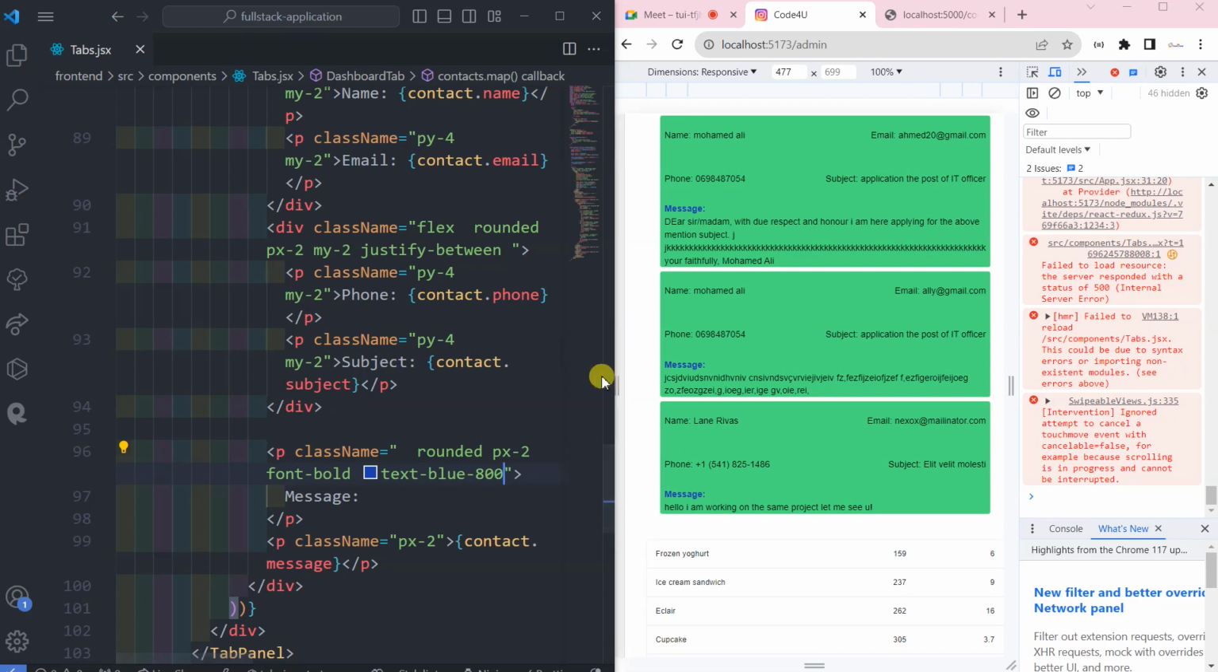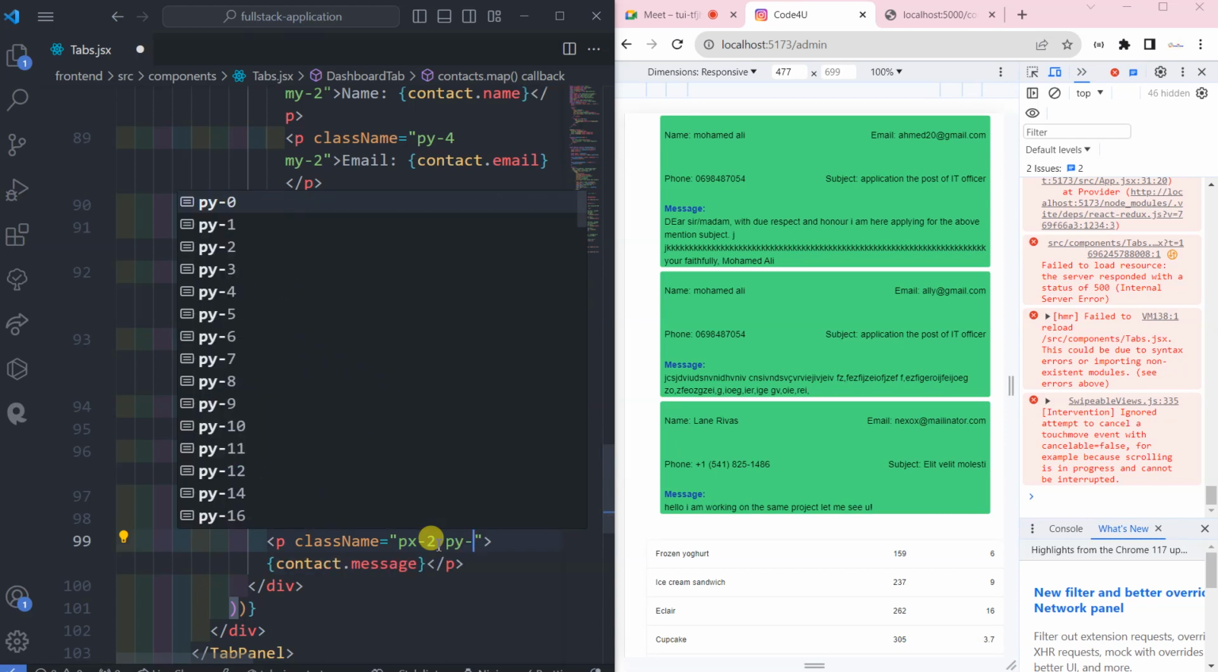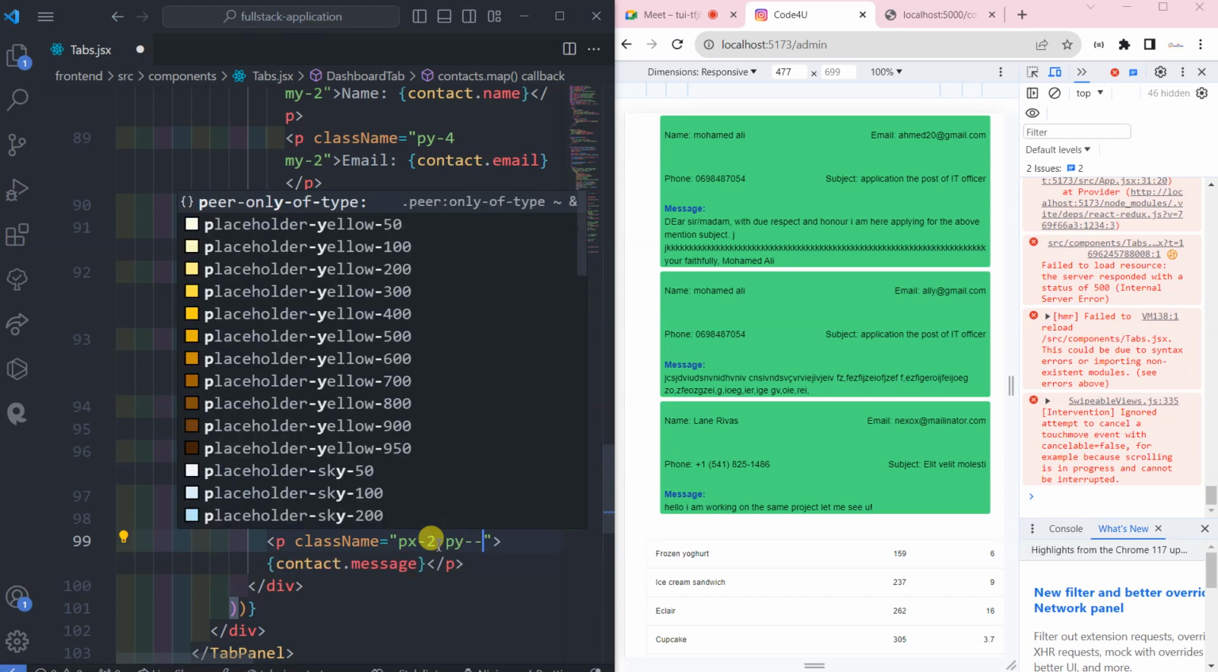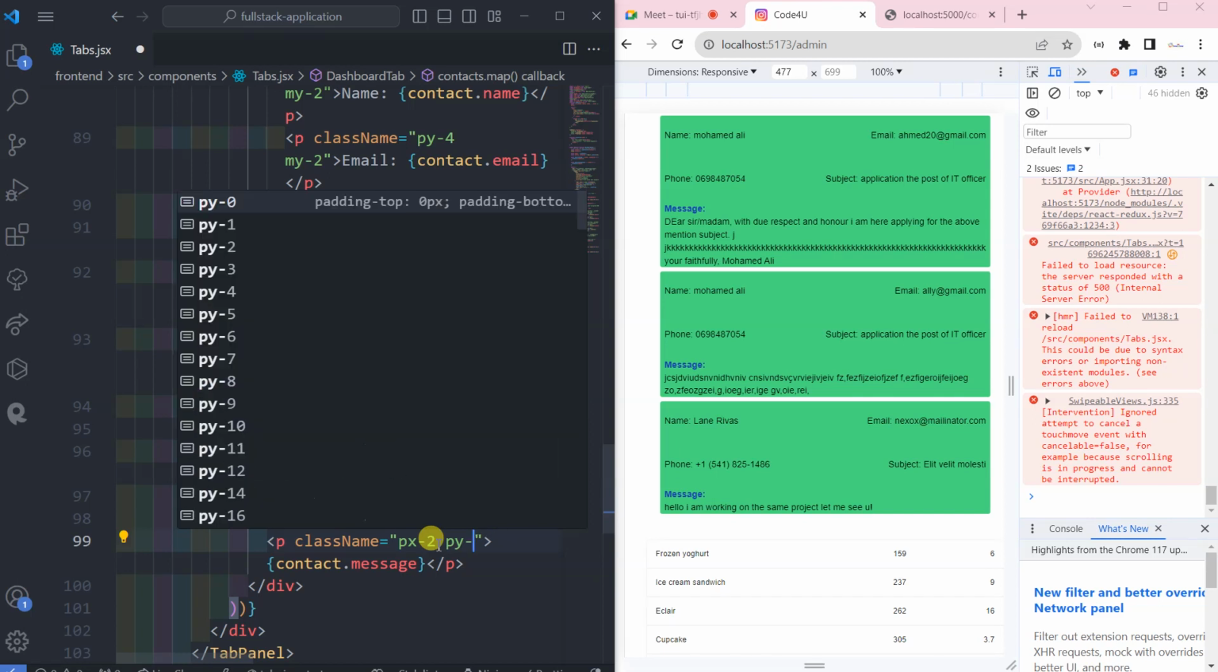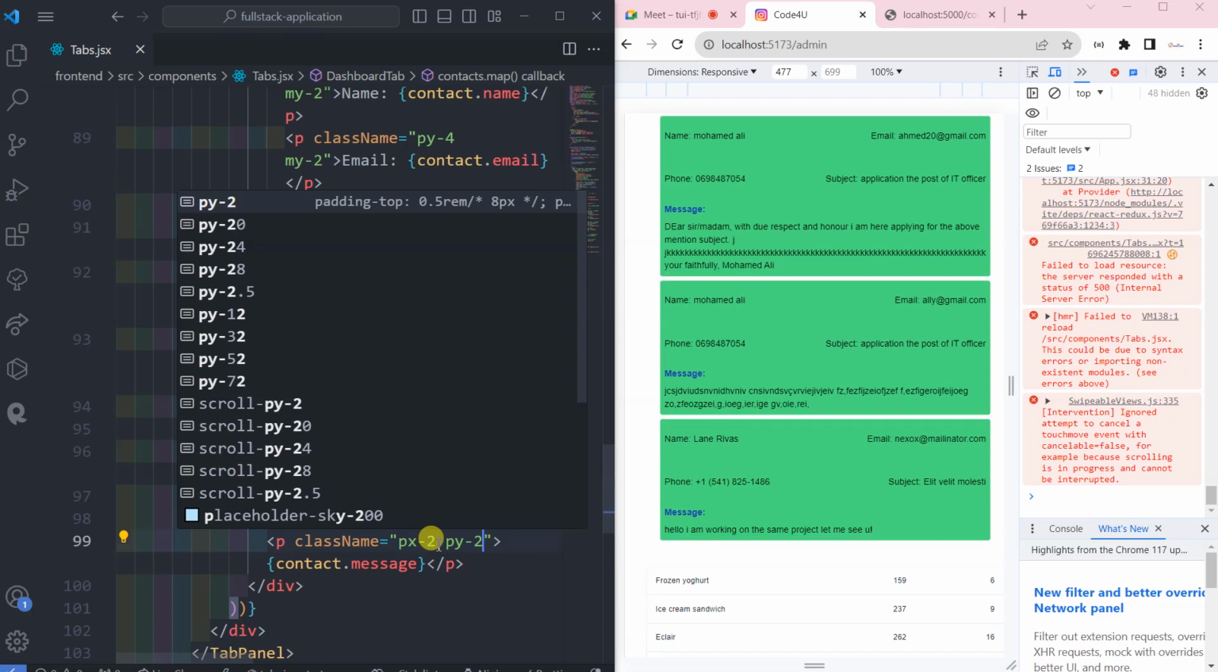If you have the message, let's say within this message here, px, let's make py also, padding top and bottom should be 2, like this. Let's give a space down. Okay,